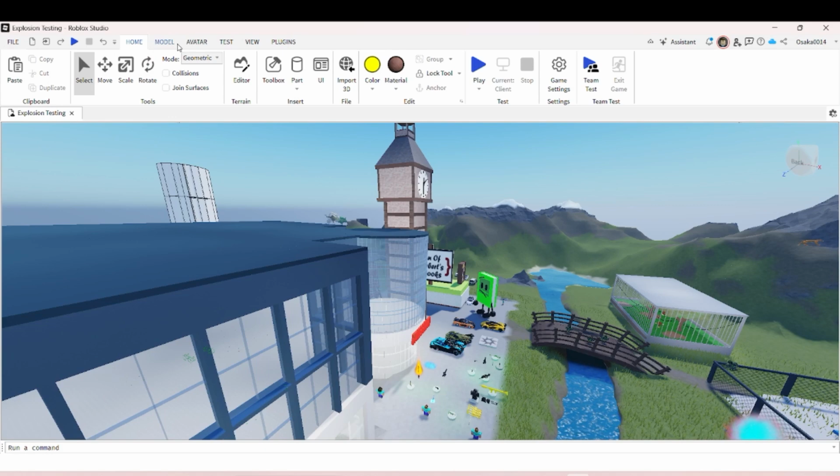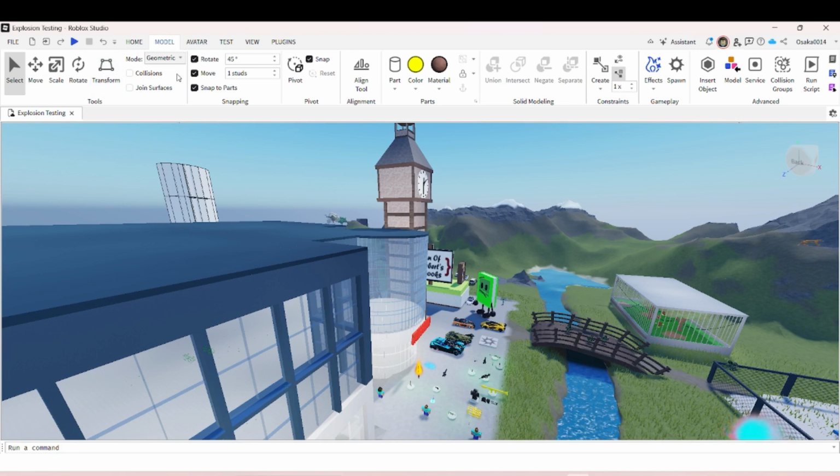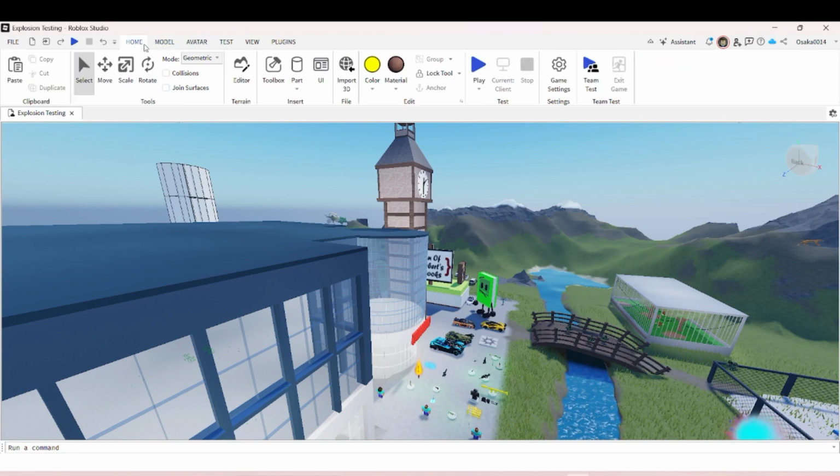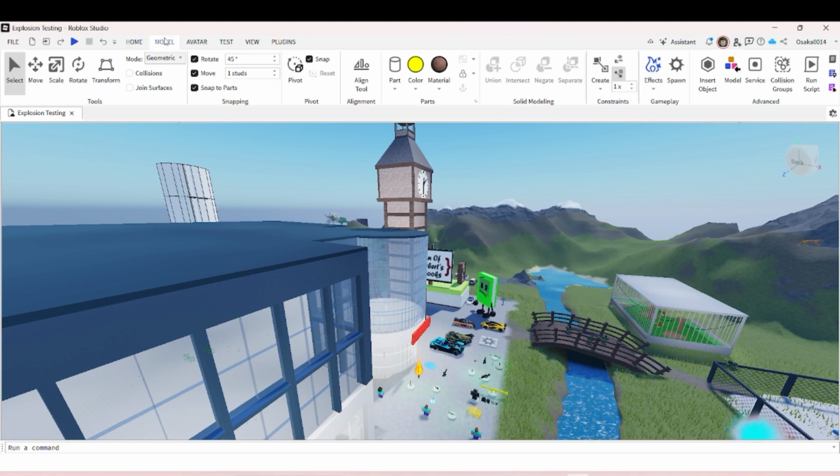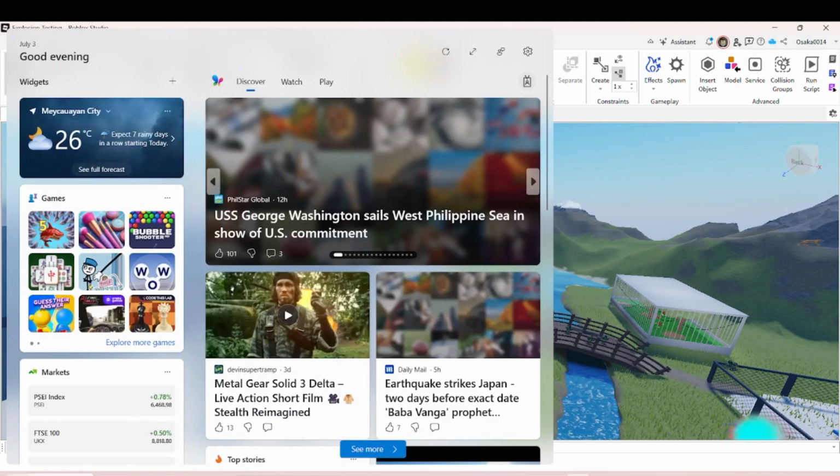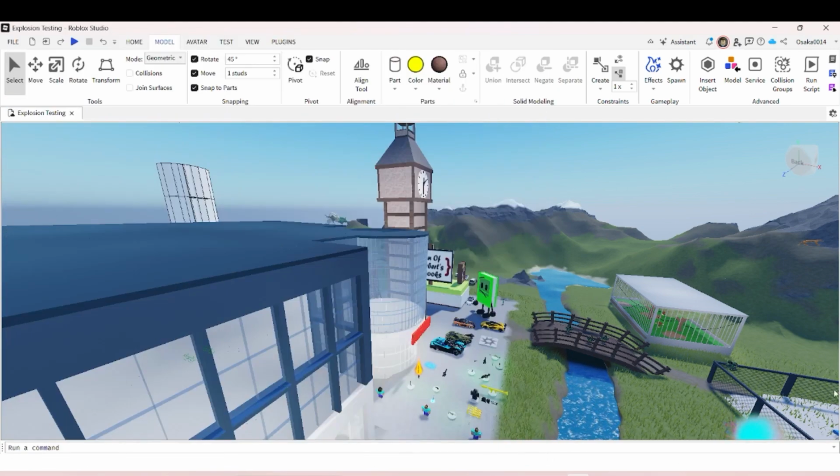The model section of Roblox Studio. The model section is the same way as the home section, where the home section only shows all of the tools that you can use, but the model section is more like an advanced section, where you can use different types of methods